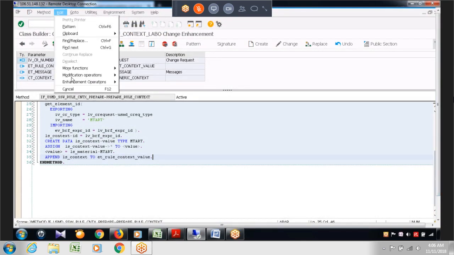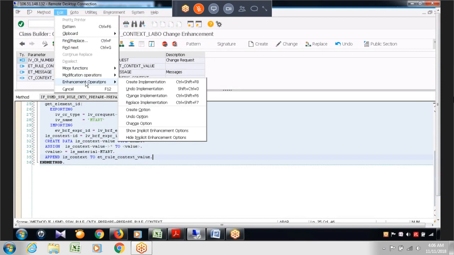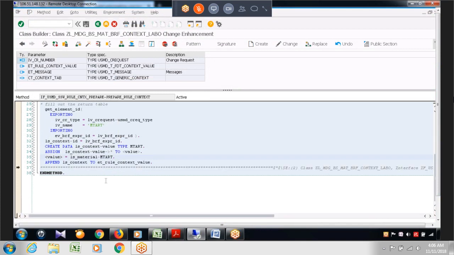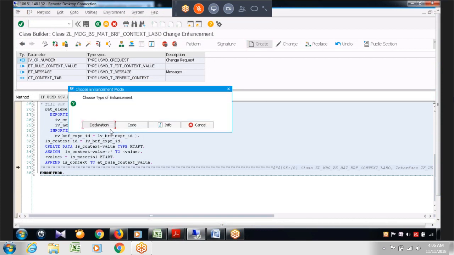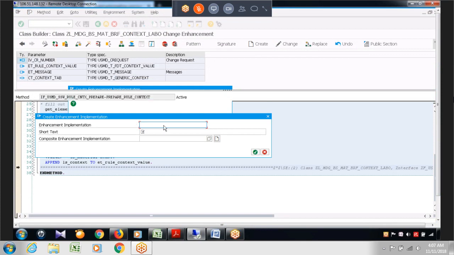and go to enhancement operations, show implicit enhancement options. Click on this. The moment you click, the dotted line will appear. Place your cursor on the dotted line and click on create. Whether you are creating code, meaning logic, or any sort of declaration, I'm creating this space for my code, my logic. So click on code,